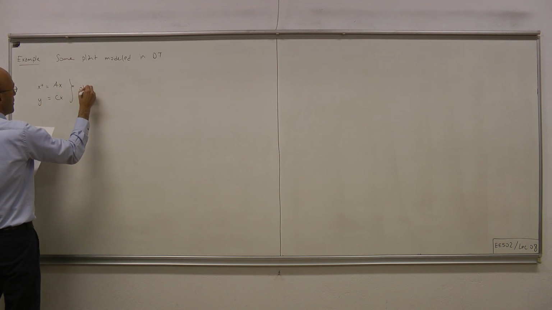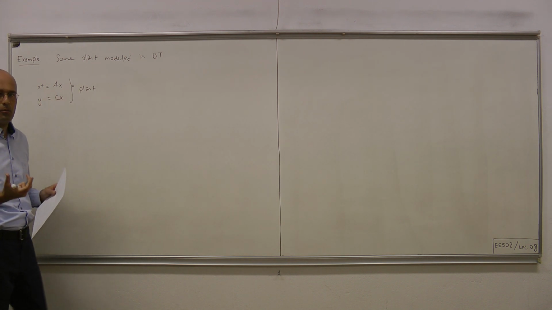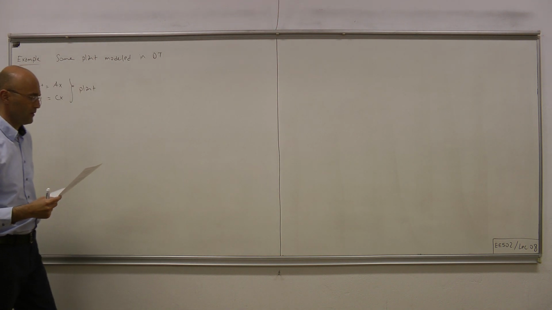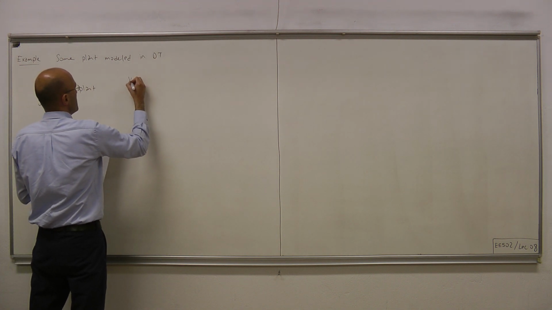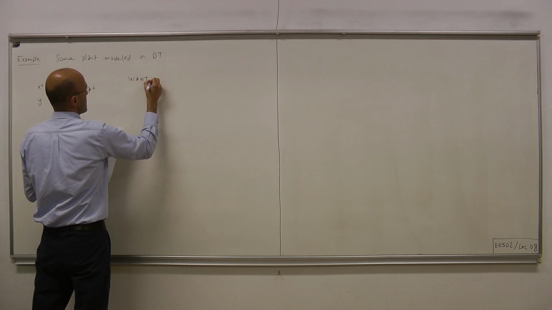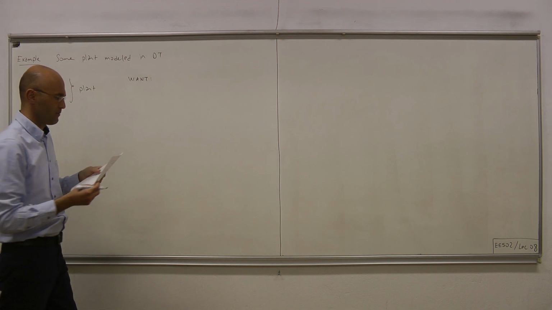This is our plant. This is the state of the plant, and this y is the output that we take from the plant. Because we want to make certain decisions regarding our plant, and for that we need the state information,